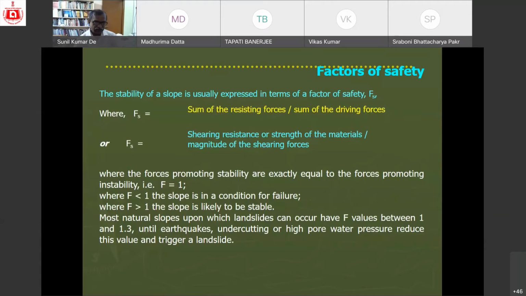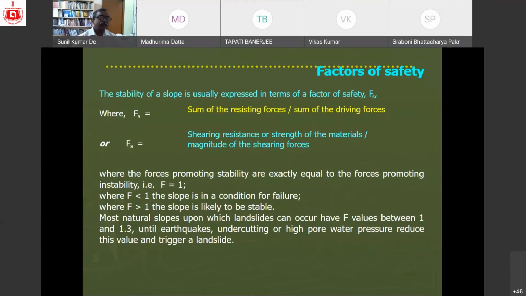Resistance power is like a building: if the building is concreted, it has the carrying capacity for all the loads. This is called resistance. And driving forces are the external forces. For example, rainfall: when heavy and concentrated rainfall takes place for a few days, the water percolates. If the rainfall intensity is very high, for example 3-4 hours of intense rainfall, the water gets hardly any time to percolate downward. In that case, surface runoff takes place. This is also a driving force. There are several other driving forces.